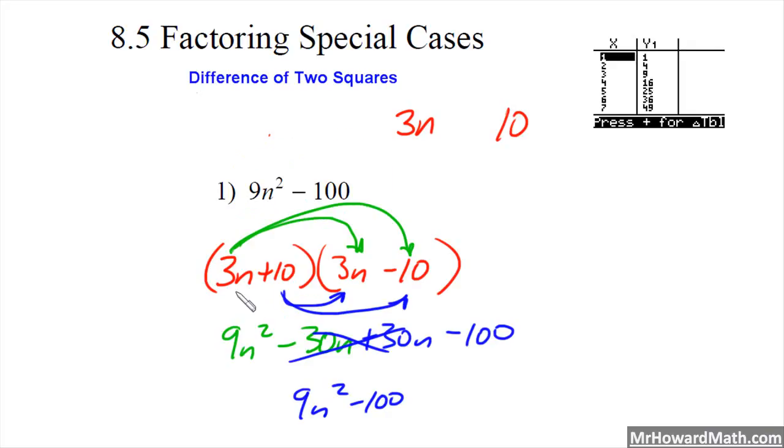You know it's right. So again, we're looking for the difference of two squares. So we want to see a difference. It needs to be subtraction. It cannot be addition. It's got to be subtraction. It's the difference of two squares. We need two of them, two terms, and they need to both have perfect square roots. If they do, then you take the square root of each term, add them in one, subtract them in the other. So let's look at